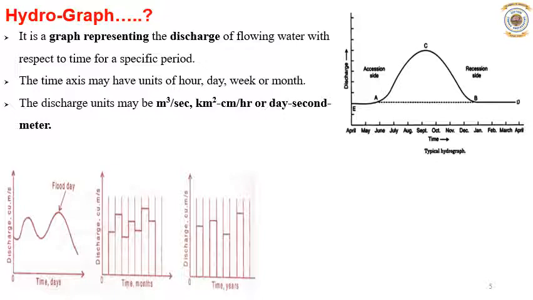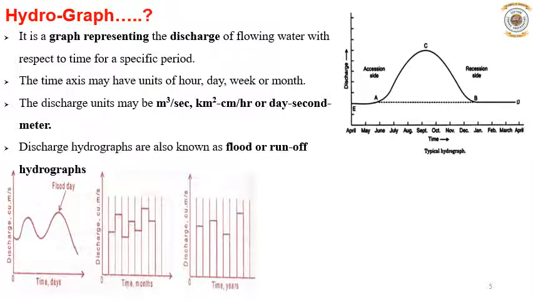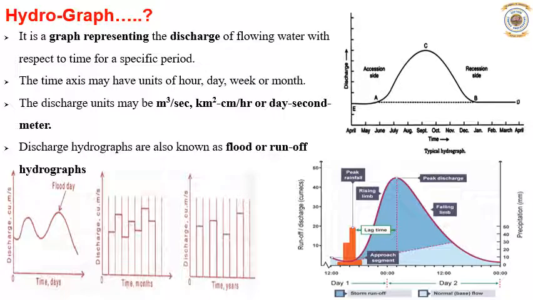Okay, so a hydrograph indicates the power available from a stream at different times of day, week or hour. The discharge hydrographs are also known as flood or runoff hydrographs, as I told. So this is about the hydrograph. By drawing this hydrograph, you can study and get the peak discharge, the peak rainfall, and the catchment area,